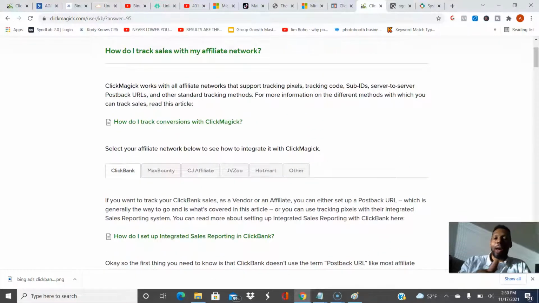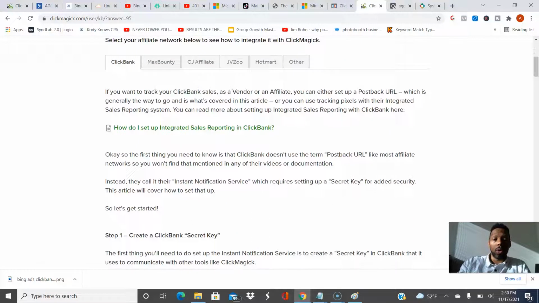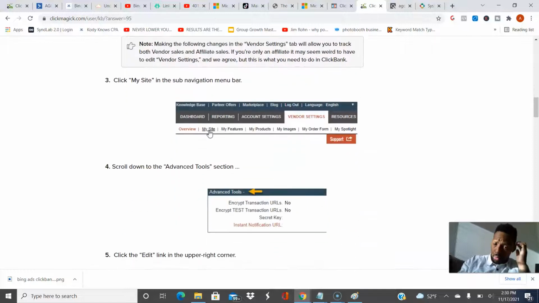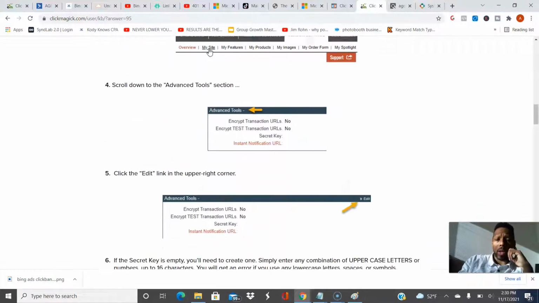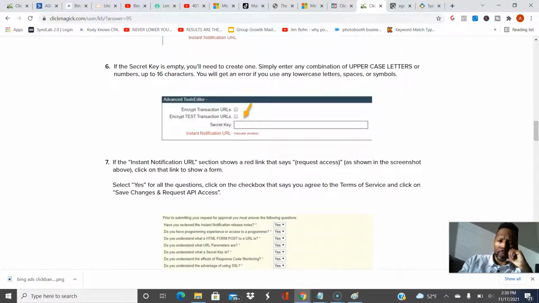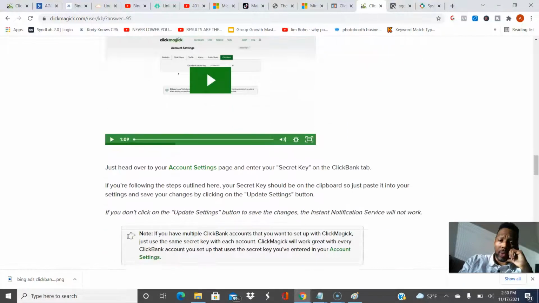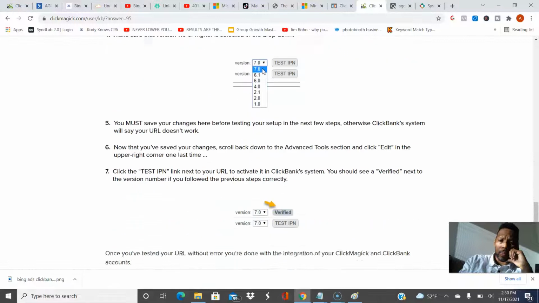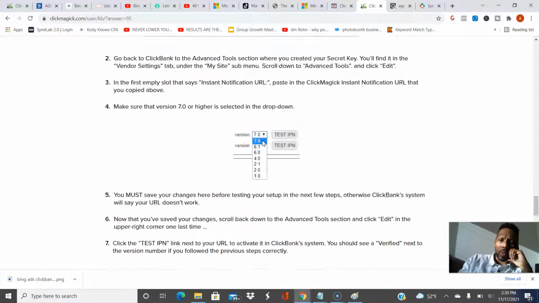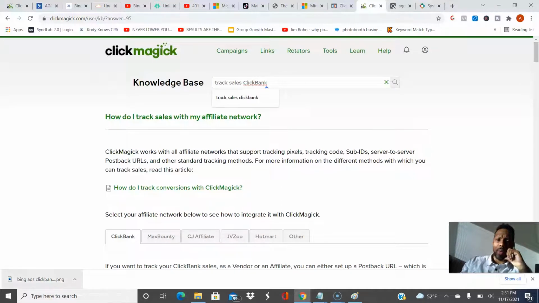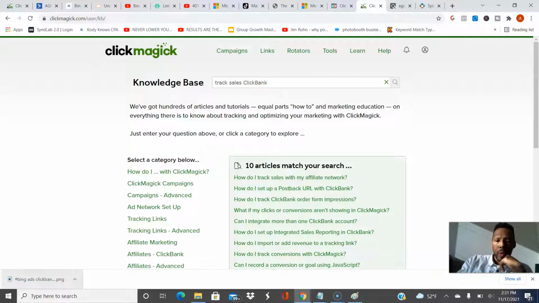So you have your different ad networks here, your platforms, and you can select whichever one that you're trying to use. So this is the original way. This is what I told you about earlier. But for whatever reason, this way is not working. And so what I'm going to do is go back here, press enter again, and go to